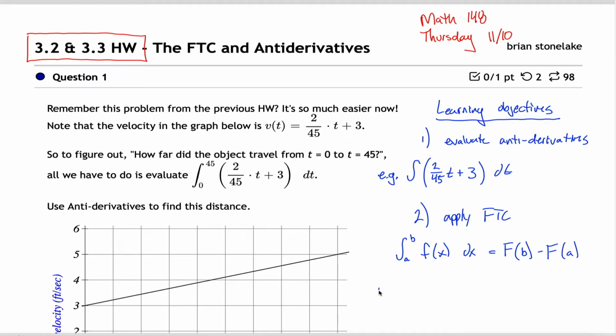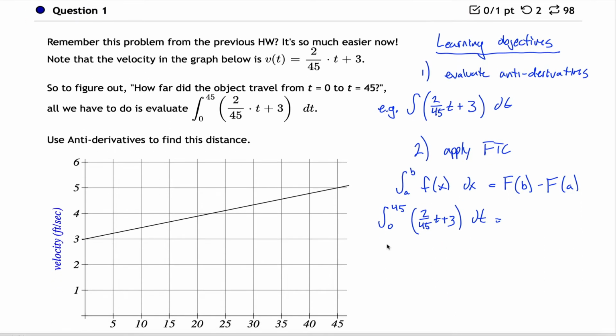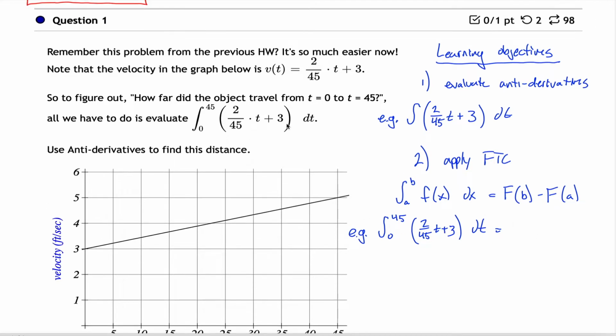So for example, if you were asked to evaluate the definite integral from 0 to 45 of 2/45 t plus 3, all you would have to do is find the antiderivative of this function and then evaluate it at 0 and 45, and take the difference between those two things. And if you're wondering why I use this example, well, it's exactly what we're doing here. This is a problem that showed up at the end of the last homework assignment,